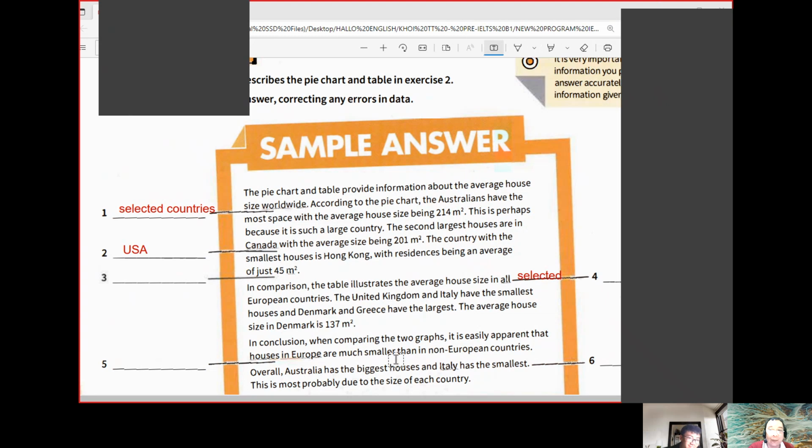In conclusion, when comparing the two graphs, it is easily apparent that houses in Europe are much smaller than in the non-European country. Okay, so what do you think would be the correct one? Actually, the most correct one is: it is easily apparent that most houses